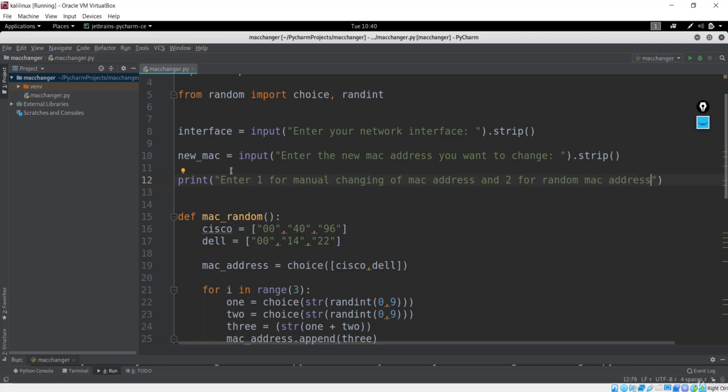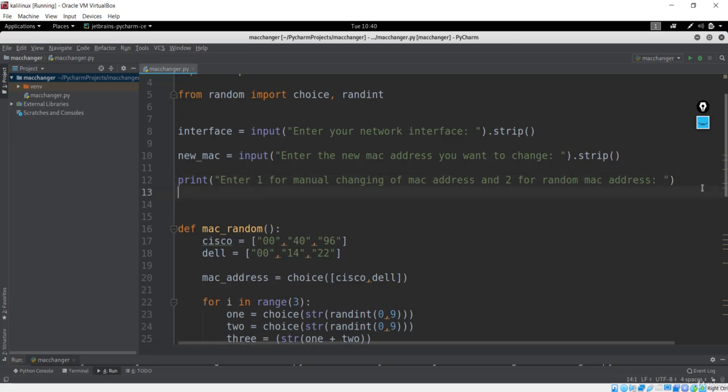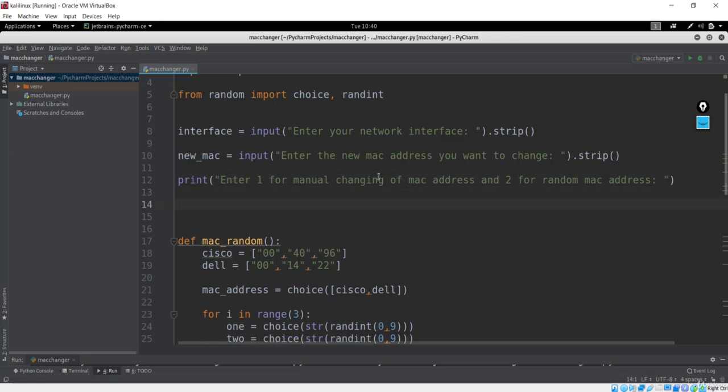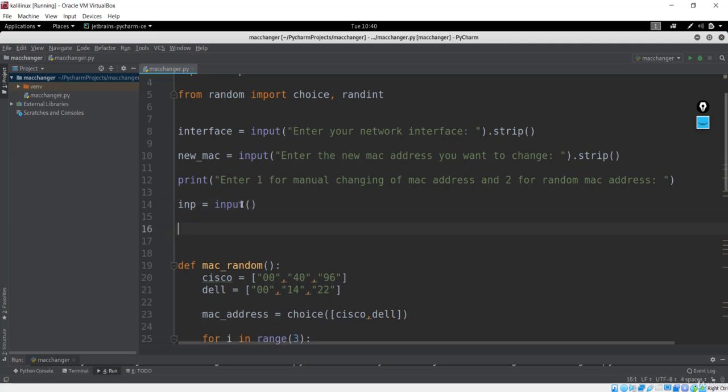So this will be the message that will be just printed over here, but we now need the input because we want to have this 1 or 2 inputted by the user. So that can be done, let me say input, and I'll just say inp, and I'll just input now, that is the number. So we'll have the number, but just remember this will be a string because input will just get the string.